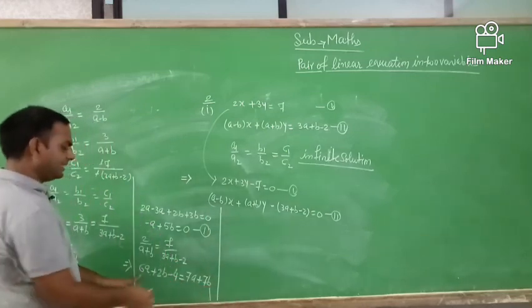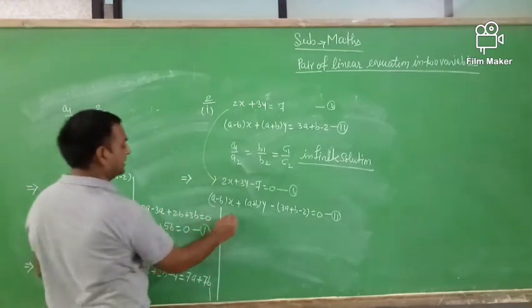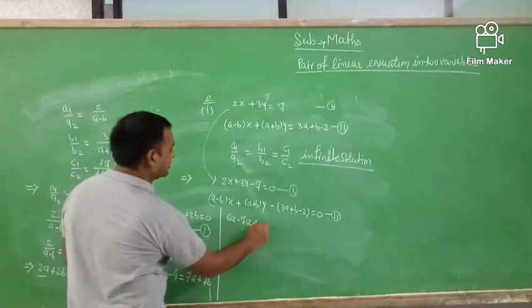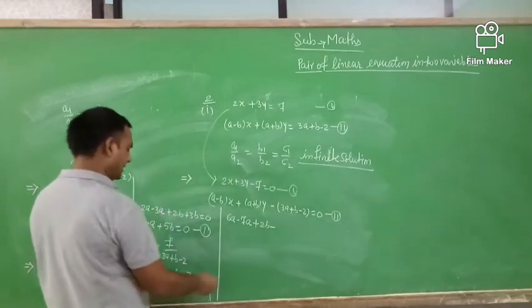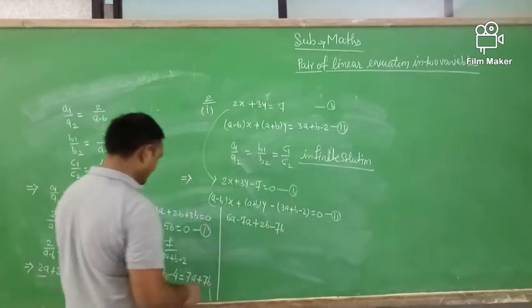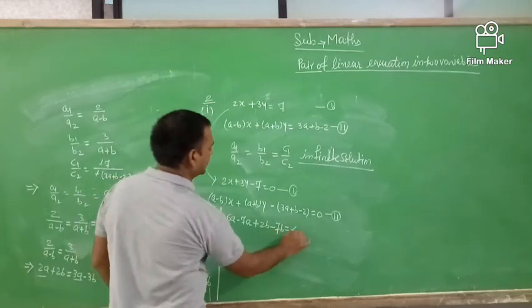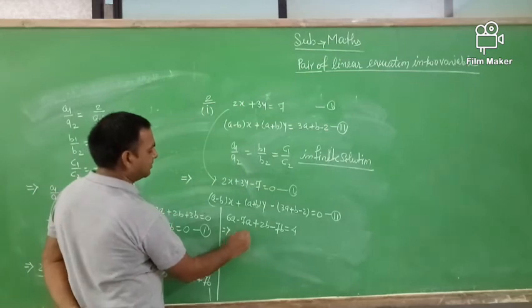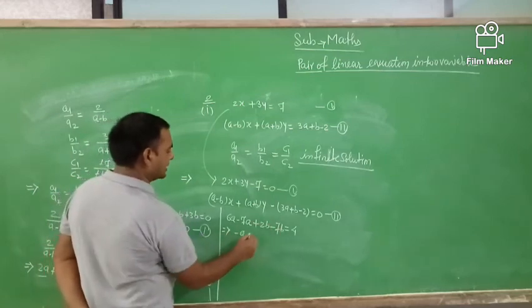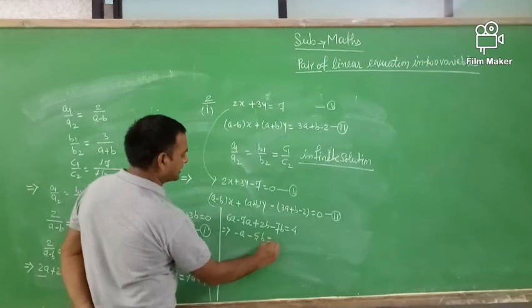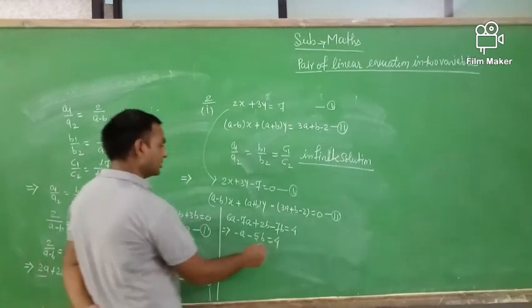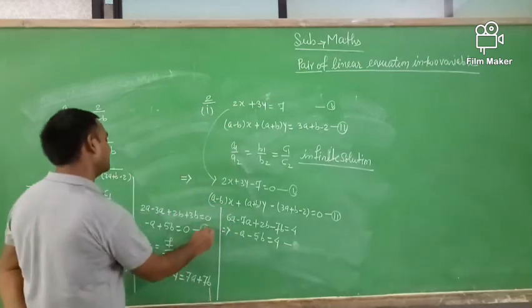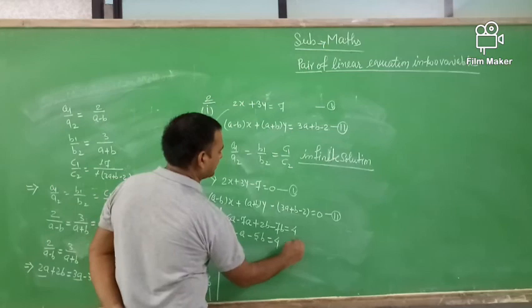Then 6a subtract 7a, 6a − 7a, then 2b − 7b. Here is a minus 4, so it goes to that side and becomes plus 4. So 6a − 7a means −a, 2b − 7b means −5b, equal to 4. This is equation number third, and this is equation number 4.